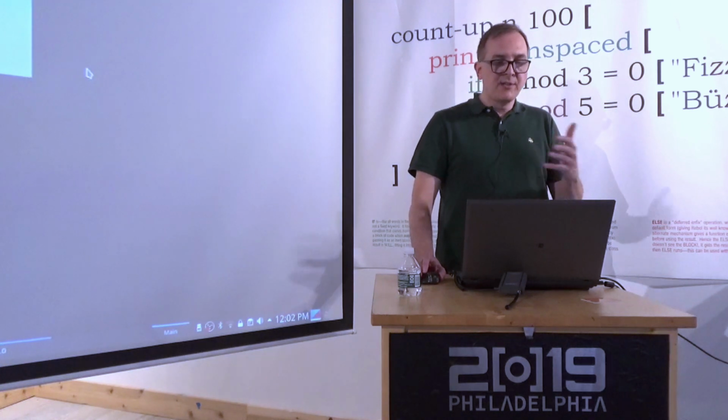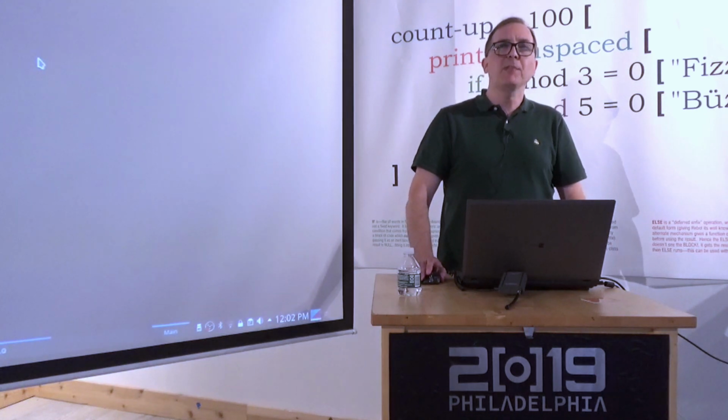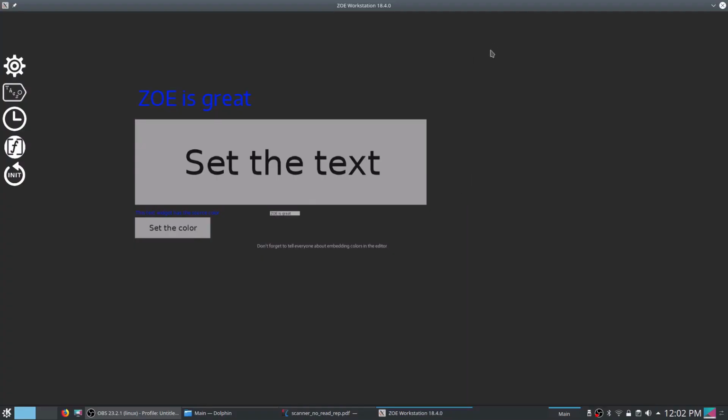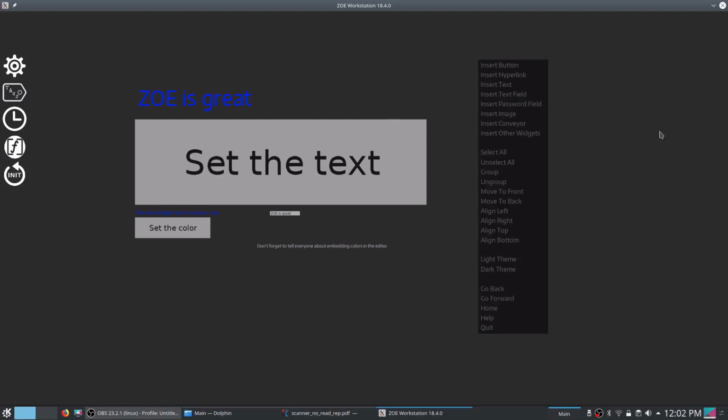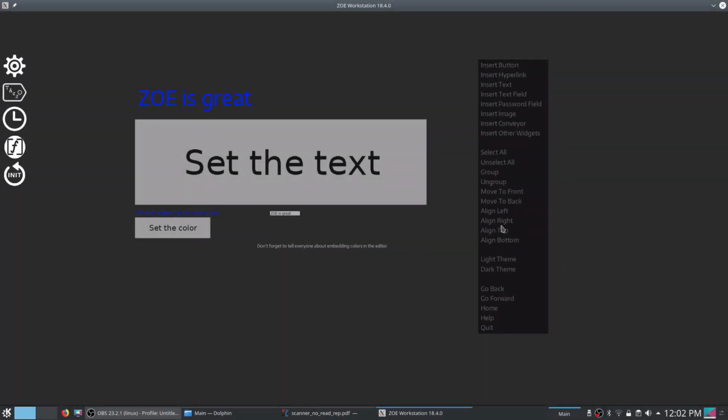Now, in the live programming environment here, we also have two other things. If you right-click on the canvas, that brings up what we call the ZOE menu. This is a configurable menu. This is kind of the default, but you can redefine what you see here. So every app engineer, if he has his favorite set of widgets, can put them near the top, and he can rearrange all these other features, inserting options for the widgets, select all, grouping, moving things forward and backwards,